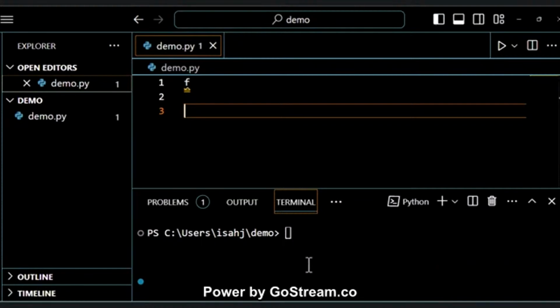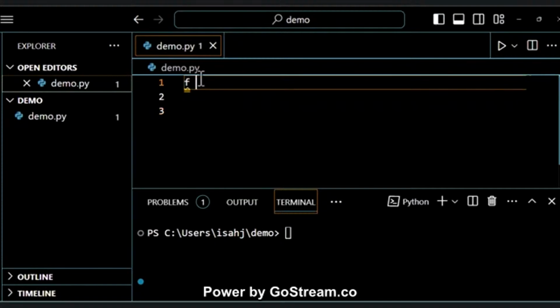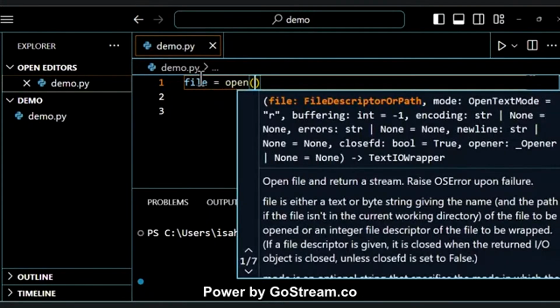Now let's dive in. Before we dive in, I want to show you some basics of file handling in Python. The first thing is I'm going to create a variable and set it equal to the open method. The open method allows us to open a file, and it takes two parameters. The first parameter is the file name. So I'll call this file